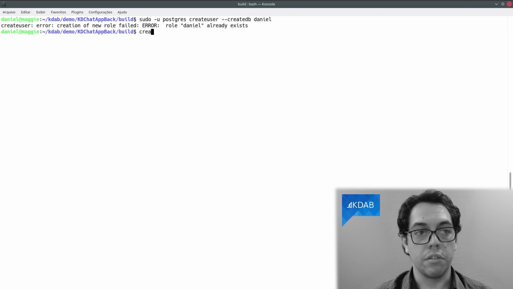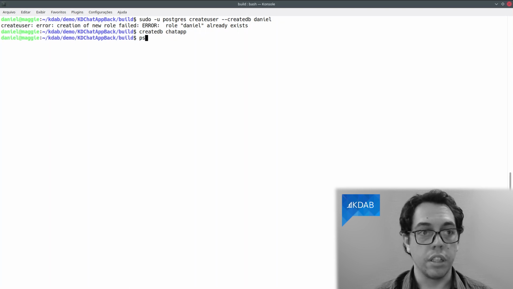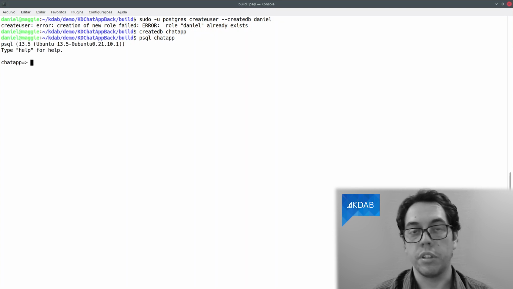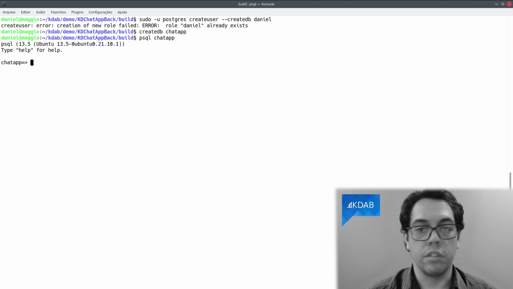Then you can just go ahead and create a database with the name that you want, like chat app, for example. And now you have a chat app database. You can then connect to the chat app database, and there you have it. You don't need to worry about a password as well. That's on your development environment.